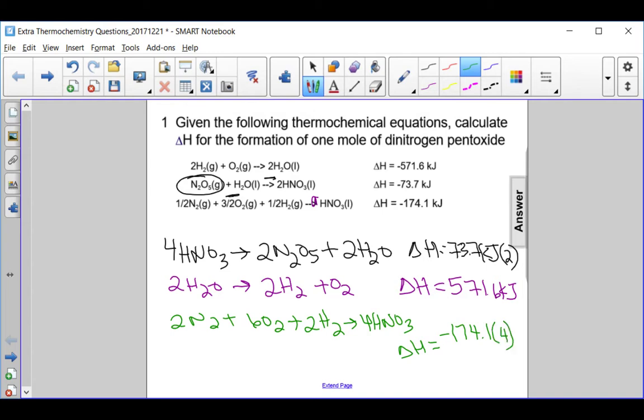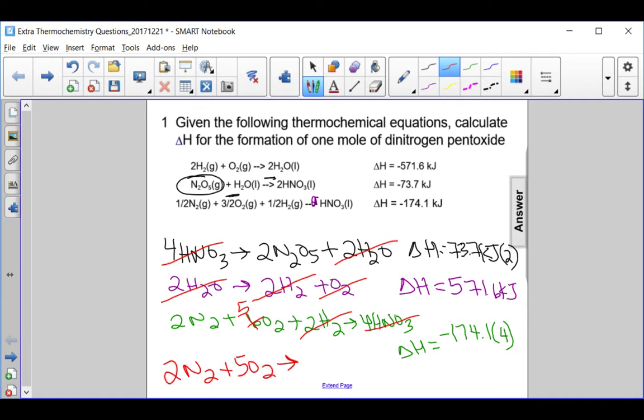So now we can do some simplification. So I can get rid of the 4HNO3 because that's redundant on both sides. I can get rid of the 2 waters because that's redundant on both sides. I can get rid of the 2 hydrogens because that's redundant on both sides. And then I have 1 oxygen on the right and 6 oxygens on the left. So if I get rid of this 1, this gives me 5. So my net reaction right now says 2N2 plus 5O2